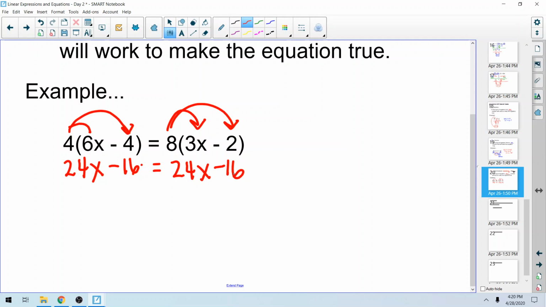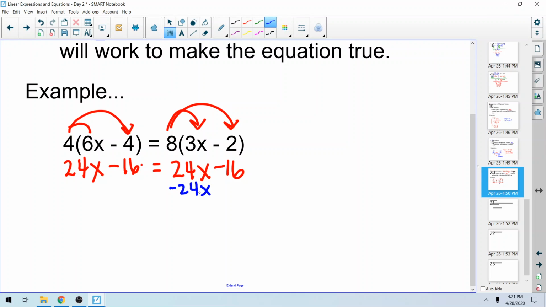Now, first of all, if you're looking at that, do you notice that the left side of the equation looks exactly like the right side of the equation? So if I plug the same thing in on the left and the same thing in on the right, no matter what it is, I should get a true equation. So right there, you could almost stop and say, okay, this is true all the time. But if I keep going,